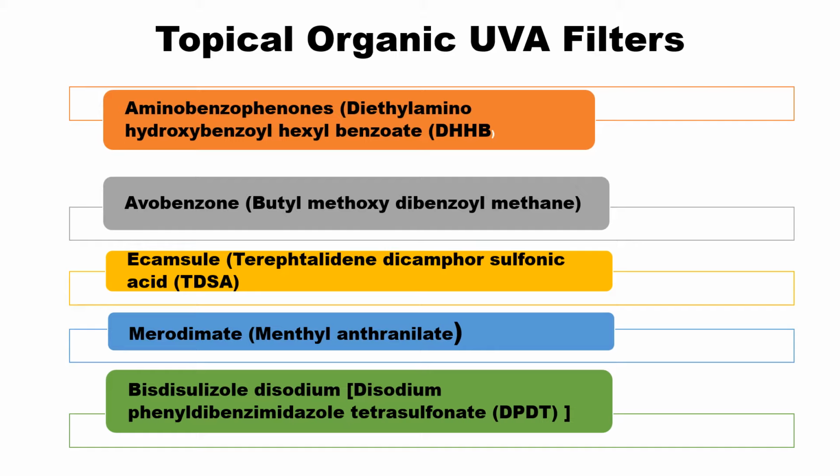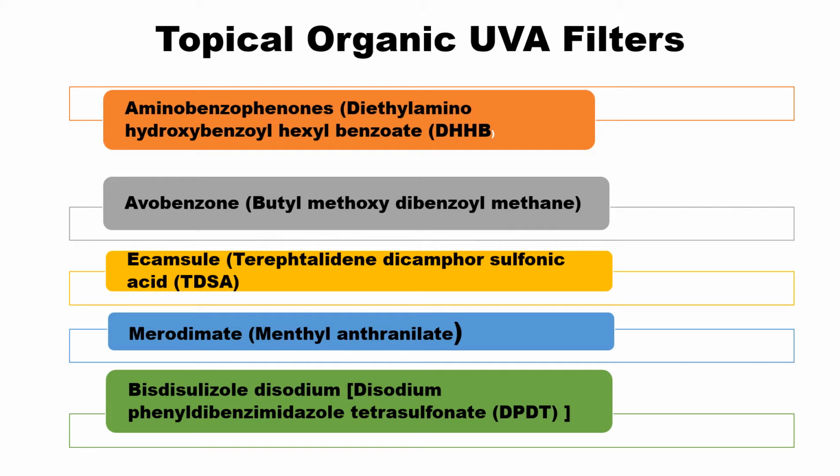Prominently, the preferred choice is avobenzone. This is the substance which is widely prevalent in all the sunscreens. It provides UVA protection and it is a blocking agent. Chemically, it is butyl methoxy dibenzoyl methane. After avobenzone come the amino benzophenones. Benzophenones are the categories used as sun blocking agents in UVA filters.